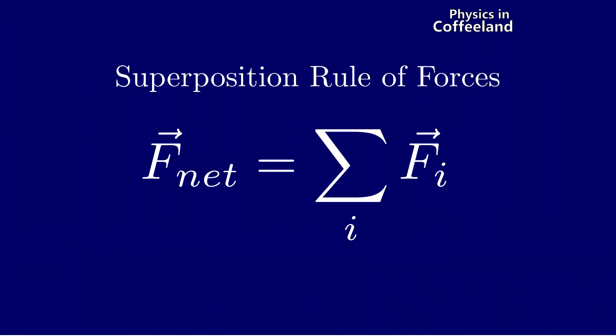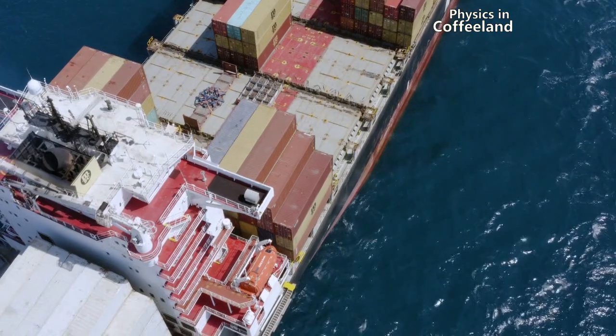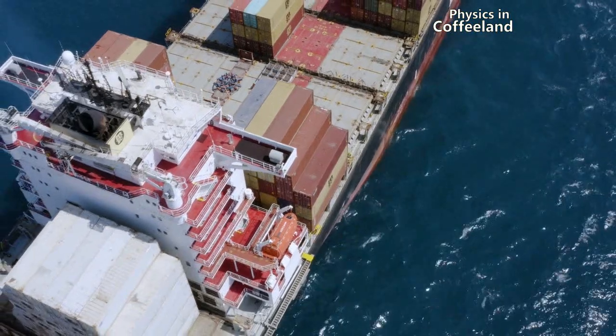First is the superposition rule. A set of external forces acting upon an object can be mathematically represented by a single net external force. The net external force is the sum of the external forces acting on an object. The net external force does not exist physically, but its effects on the motion of the object are physical and real. Second is the concept of inertia.